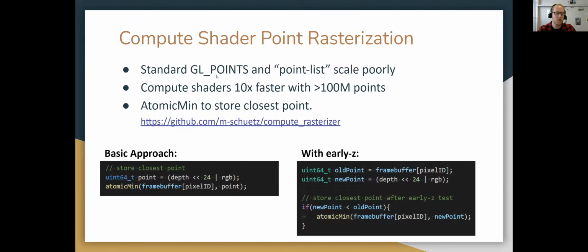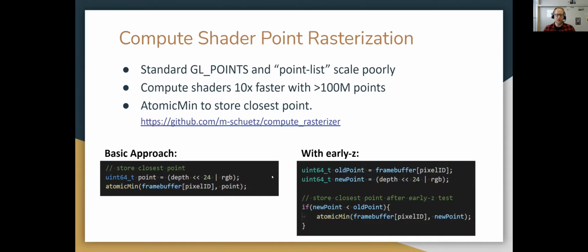So typically, you'd use GL points or point lists to render a large amount of points. But those two primitives from the standard rendering pipeline, they scale very poorly to a large amount of points. So when you render hundreds of millions of points, then compute shaders can be about 10 times faster than GL points or point lists. The way that this is done is we can simply use atomic min,